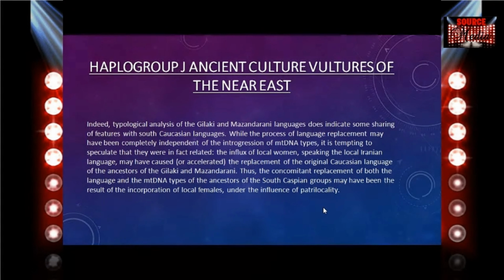So it seems to me they came into our area, took our women and started reproducing with our women. And what happens while the men ain't out raping and robbing? The women raise the children. So what the children grow up speaking? The language of their mother, which was the indigenous language and not these Caucasian languages. So Kevin G, this is how your boys got Afro-Asiatic languages. They came into the region, took our women, and forced them to raise their kids and speak those women's languages, bro. That's just it, man.